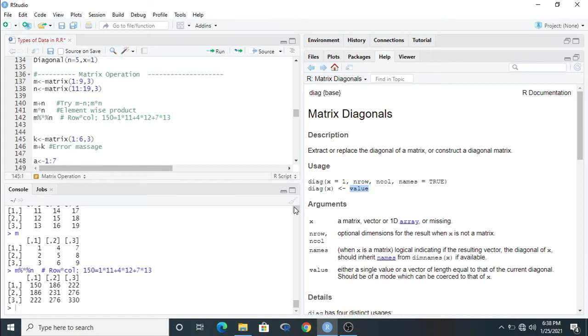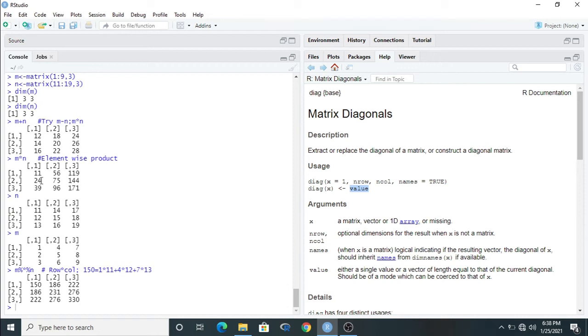Matrix multiplication means, just see here, the first row will be multiplied with the first column. Here m is to n, the m is the first, so the first row of m will multiply with the first column of n. Clear? Then the second row of m will multiply with the second column of n, and that will be summation.